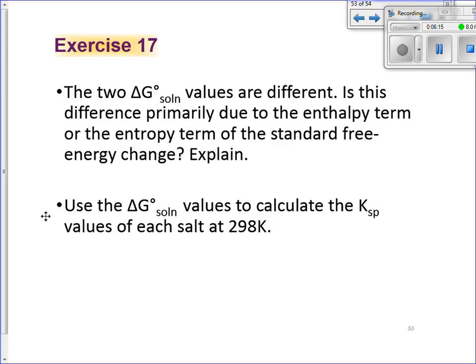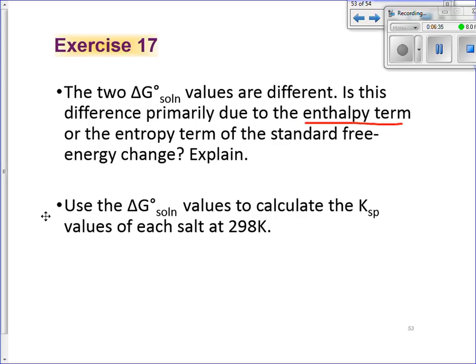So now from here, we would say the enthalpy term, okay, the delta H values were definitely hugely different, and that allowed for the sodium chloride having a small endothermic positive delta H to still come out as a negative delta